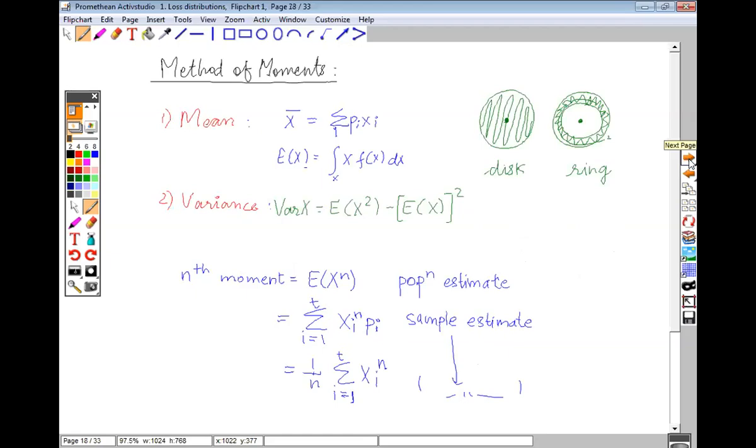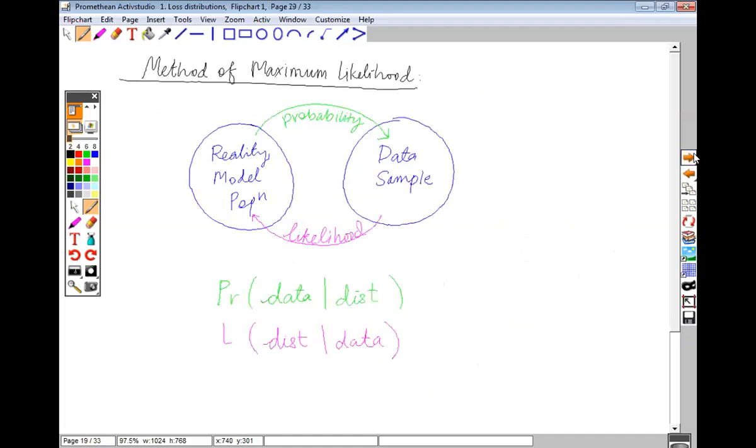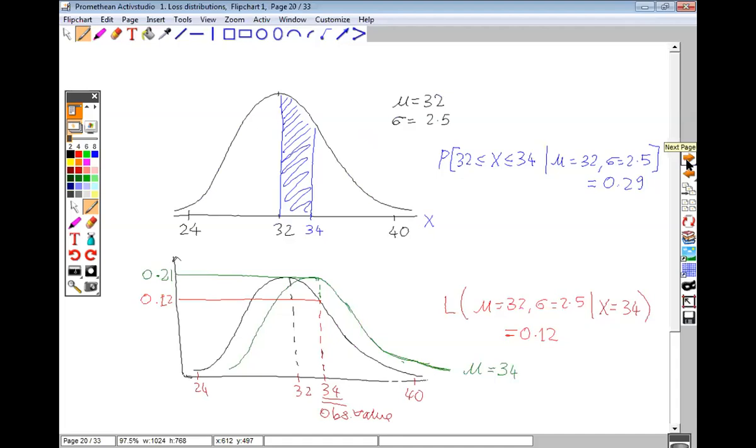Okay, and then we studied some techniques of how we can compare the data that we have at hand and try to model it using theoretical distributions, which we have studied. The first one was method of moments, and then we looked at method of maximum likelihood. It's very important to know the difference between probability and likelihood. They are kind of interchangeable, but there is a subtle difference that lies in what we know about and what we are trying to care about.